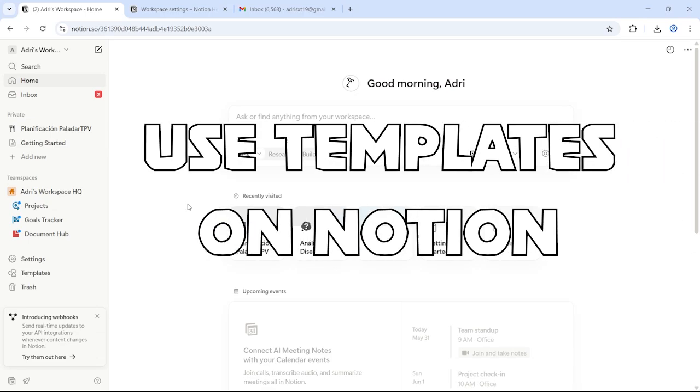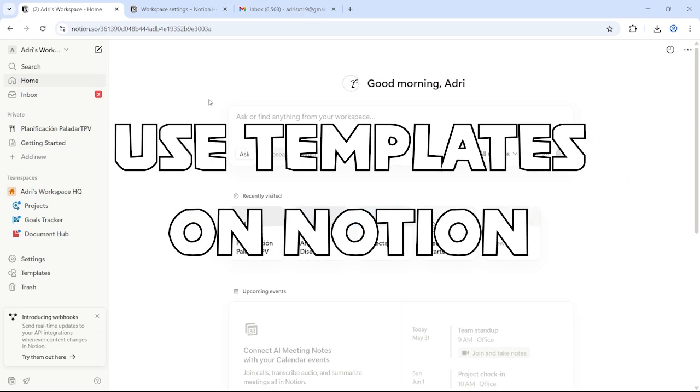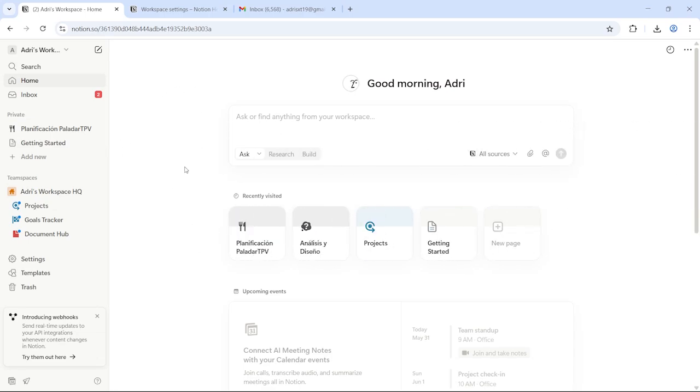I'm about to show you how you can start adding templates and using them on your Notion workspace completely for